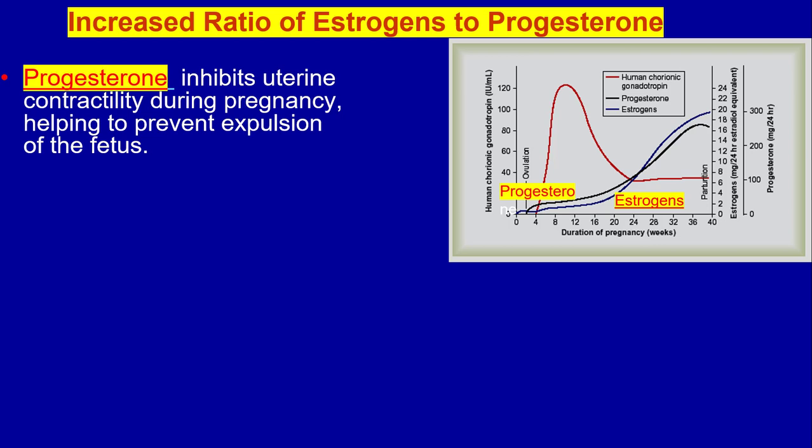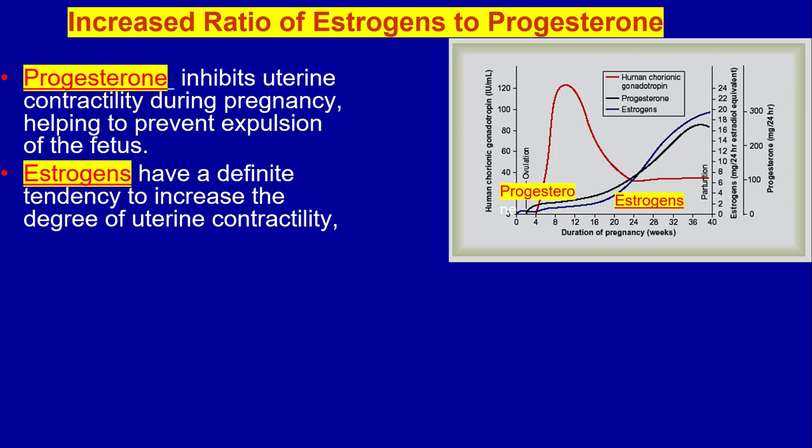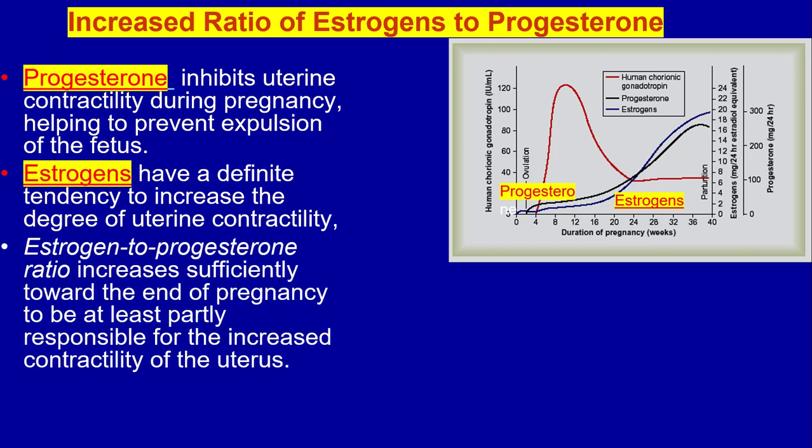Increased ratio of estrogen to progesterone. Progesterone inhibits uterine contractility during pregnancy, helping to prevent expulsion of the fetus. Estrogen has a definite tendency to increase the degree of uterine contractility. They both oppose the action of each other. One increases the contractility and the other decreases the contractility of the uterine muscles. The estrogen to progesterone ratio increases sufficiently towards the end of pregnancy to be at least partly responsible for the increased